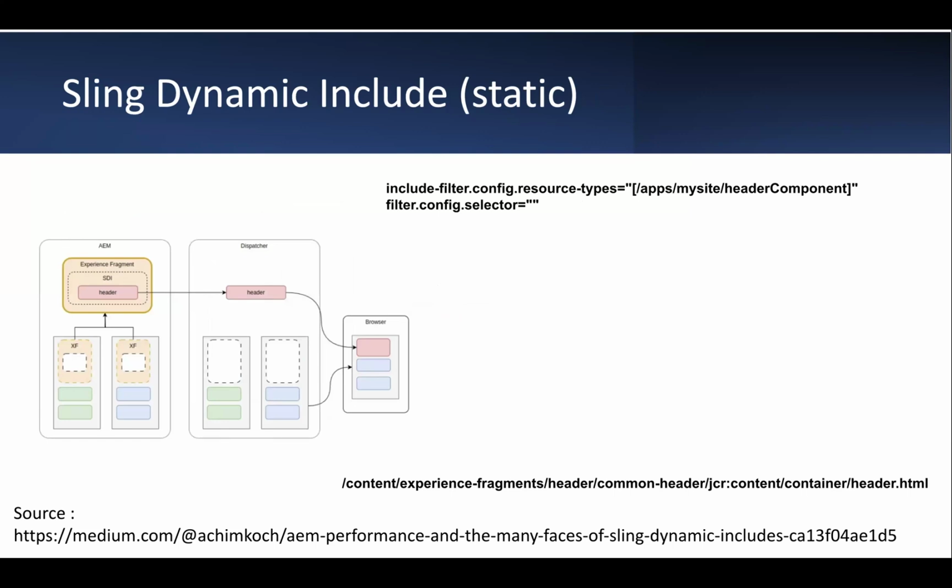So now, header and footer are created as an experience fragment, and something else got updated in the header. Do we really want those 1,000 pages to just flush the cache? We don't, right? So what we want over here is, in a similar way, for the dispatcher or something over there to avoid doing that. The simple hack is to use the resource type again with the SDI, but don't give a selector over there, because now what will eventually happen is whenever this comes up and gets